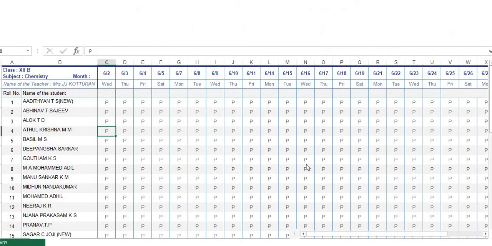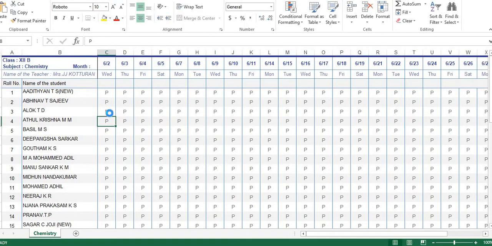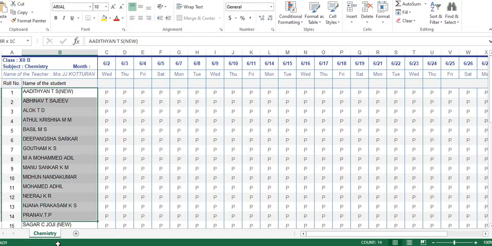Okay, so this is my attendance sheet of chemistry for the month of May. So I'm going to get the class list copied down from this. Okay, so just select the name of the children, just scroll it down.